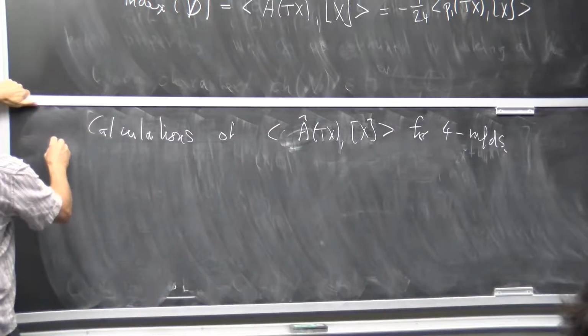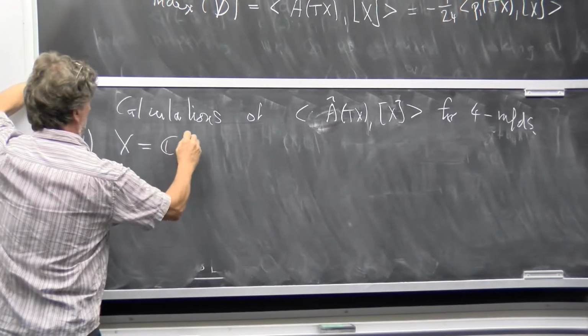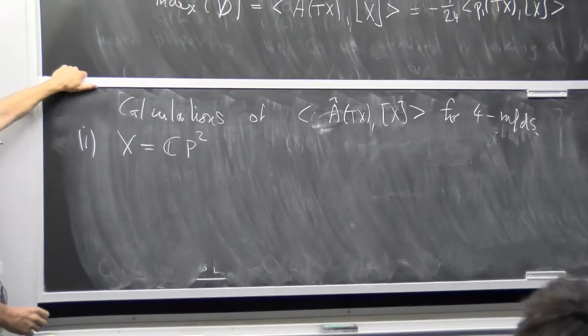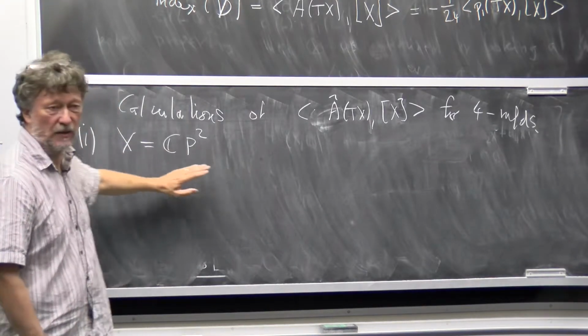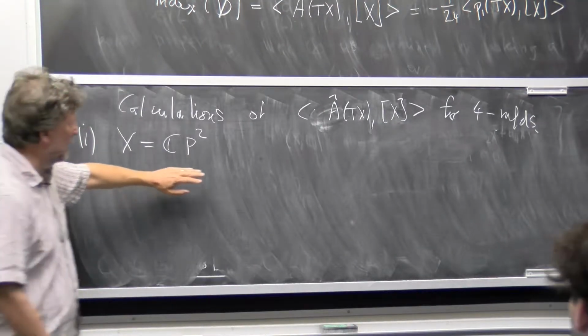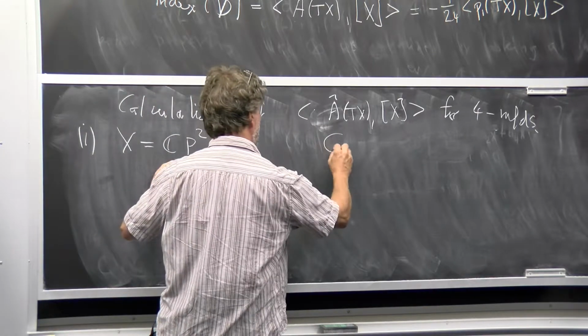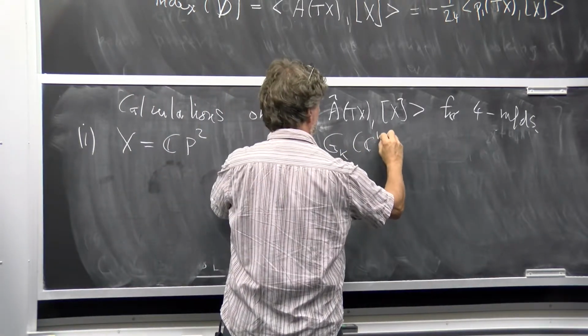Okay, the first example is going to be the complex projective plane. The first thing you need to know is what's the tangent bundle of that. For me, it's easy actually to generalize that by saying, well, there's the case of a Grassmannian, right? If you have a Grassmannian of k-planes in complex k plus n space,